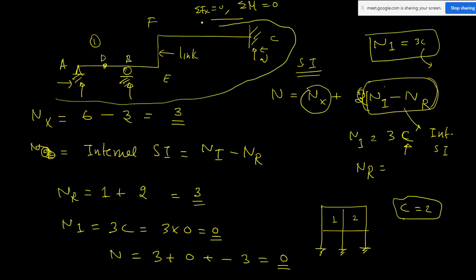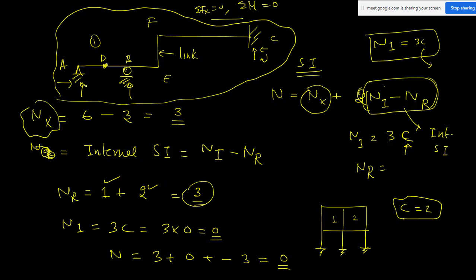Two points you have to be clear about now. The internal hinge will give you m minus 1 number of force releases, nr. M means two members, so m minus 1 is 2 minus 1, that is 1 here, and this link will give you two extra equations or two extra force releases. So that is why nr is again 1 plus 2, total 3. Anyway, it is very clear.